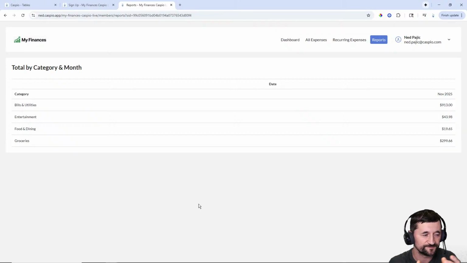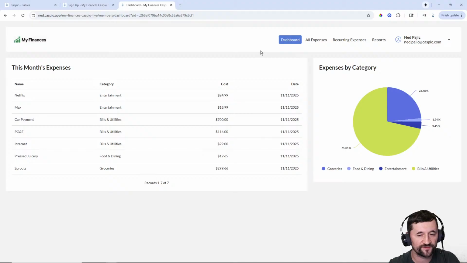But we can still get around it a little bit by grouping maybe in a pivot table. I'm going to test something later on to see if I can group by month at the top to see the grand total for that specific month. We'll play around with it a little bit later today. But this is the application we're going to develop. So with that said, let's go inside Caspio